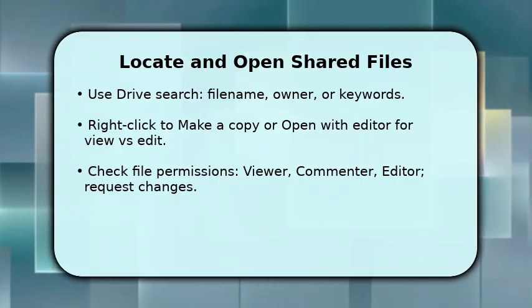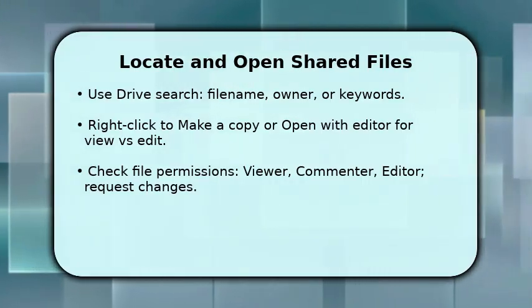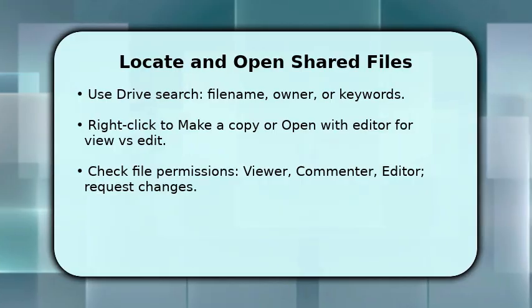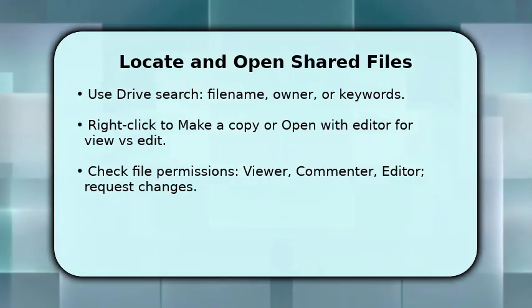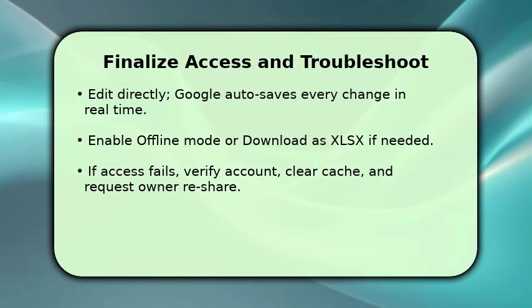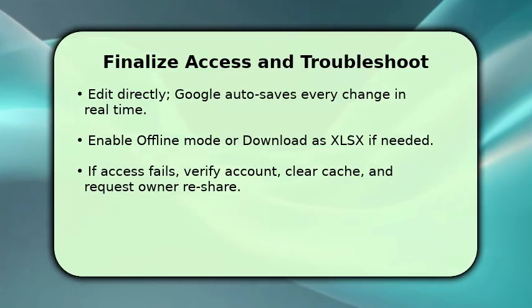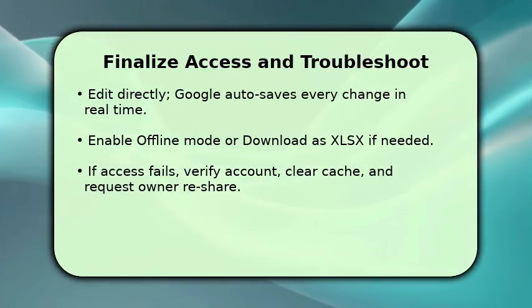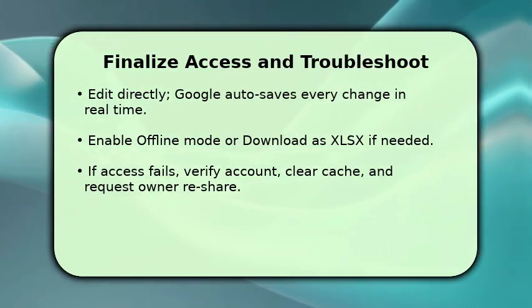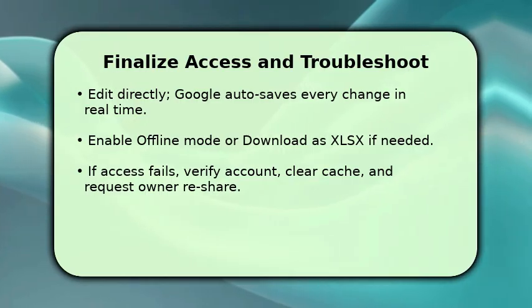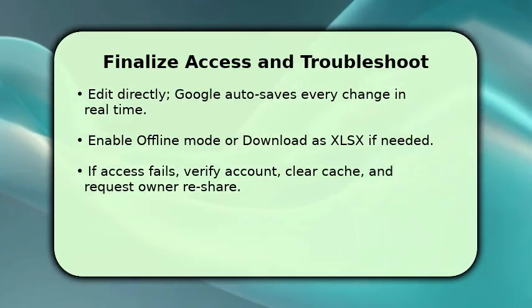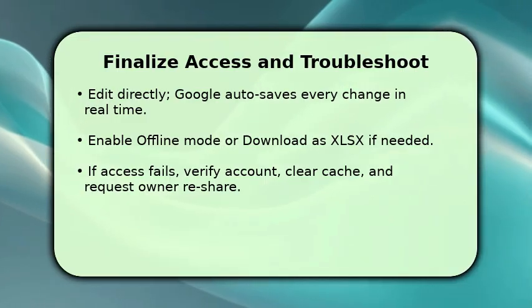Once done, check the top right Share button to view current permissions and collaborators so you understand who can change content and why. You're ready to complete work, edit cells, add comments, and watch the All Changes saved message. Google autosaves continuously. Before closing, make a local backup by downloading as XLSX or enabling offline mode so you can